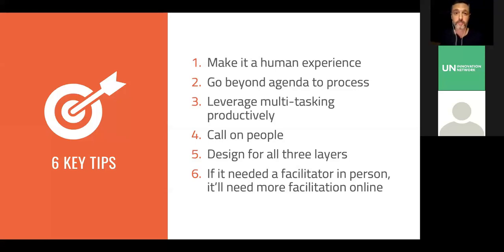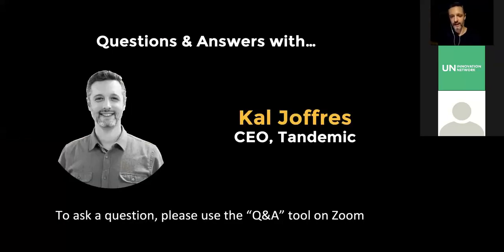4 is call on people. Keep them engaged and keep that conversation going by really directing traffic in that conversation. Make it clear to people at the beginning that you're going to do that. But also, I should say, give them time to think about their responses. Design for all 3 layers. So you've got the official workshop, you've got the unofficial workshop, and of course, you've got that emotional layer to your workshop. And then lastly, if it needed a facilitator in person, it will need more facilitation online. So I'd